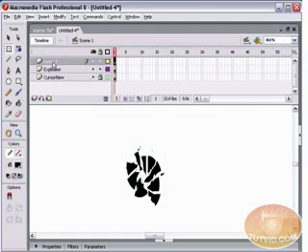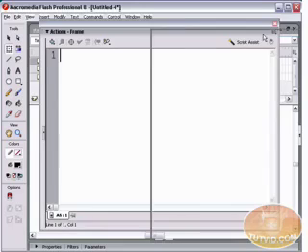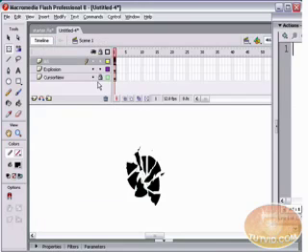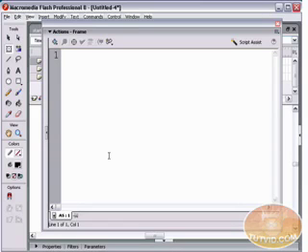Okay, so we're going to create a new frame here, and we're going to call it AS for action script. Select that. And basically what we're going to script now is we want this cursor, which is in outline mode. Let's move the explosion to outline mode. There we go. This cursor, we want that to replace our current cursor. So regardless of what somebody is using as a cursor, they'll get your cursor when they move over your Flash movie. So the first thing we're going to say is